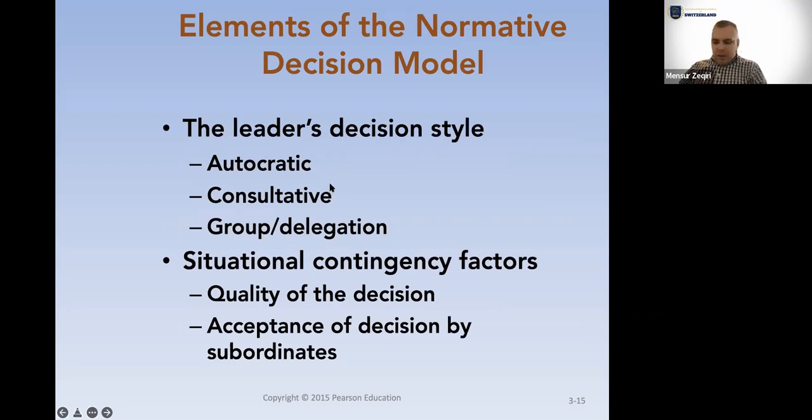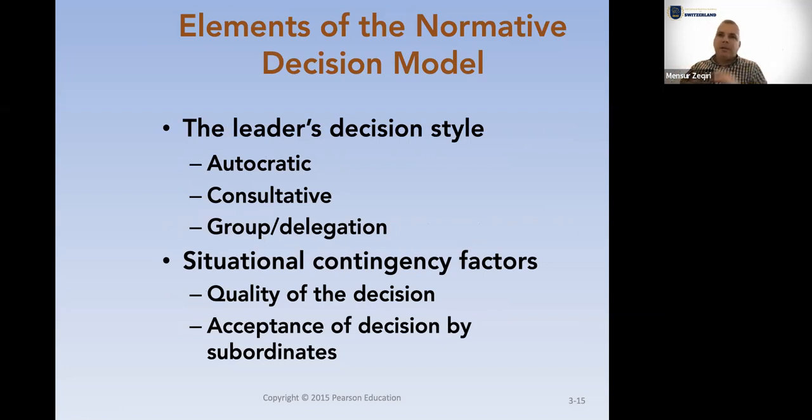So there are two main elements of this normative decision model. The first elements are the decision styles, so the leader's decision styles, and then we have these situational contingency factors. When we talk about the leader's decision styles, the normative decision model identified 4 decision methods which are available to